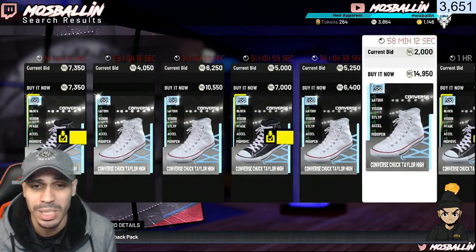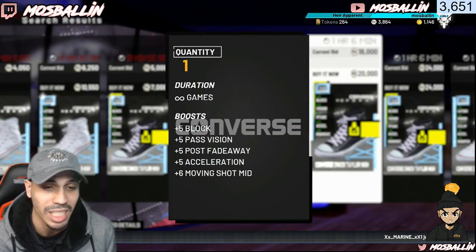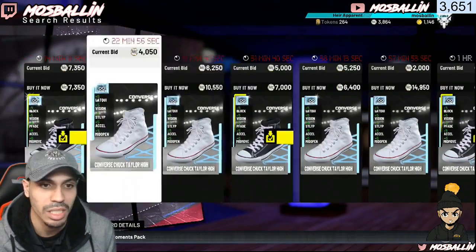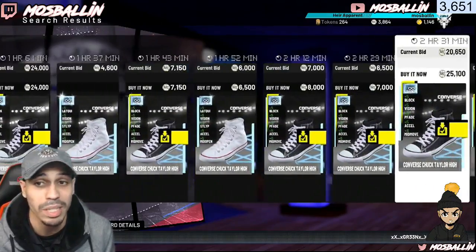Converse has the cheapest sneakers. They don't add too much. You could go take a look at them. Some of them add +6, so this one adds the +6 moving shot mid-range. This one's mid-range open. You got the lateral quickness. So I know they're ugly sneakers, but for 5-6K, a shoe that stays on your player forever, that's not a